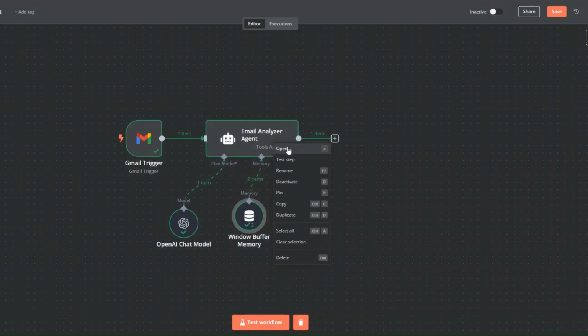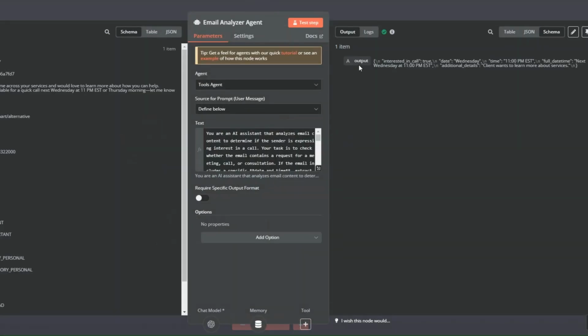Now, on our email analyzer, I'll open it, and you can see it analyzed our email. It's telling us that the prospect is interested in a call. The date they would like to schedule for a call is Wednesday at this time over here. And then we have a summary of the call, which is the client wants to learn more about our services